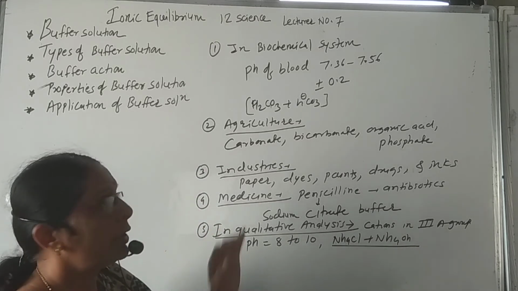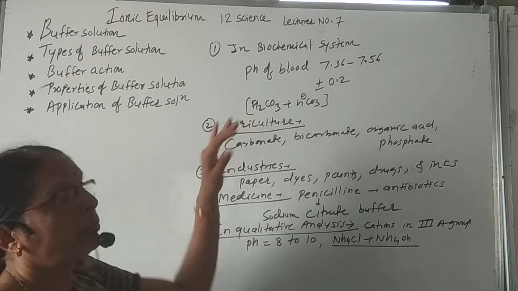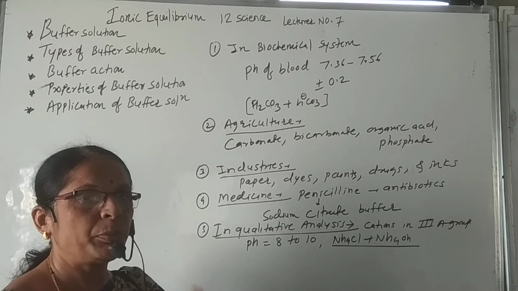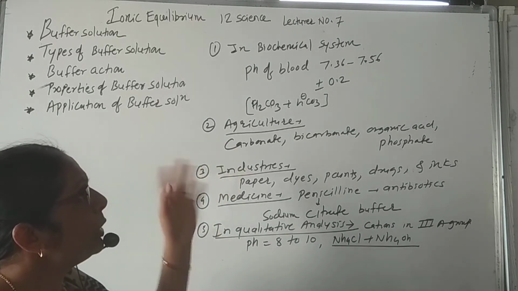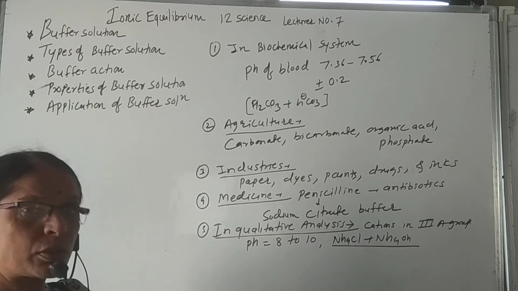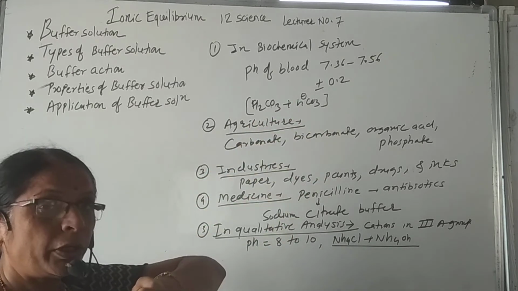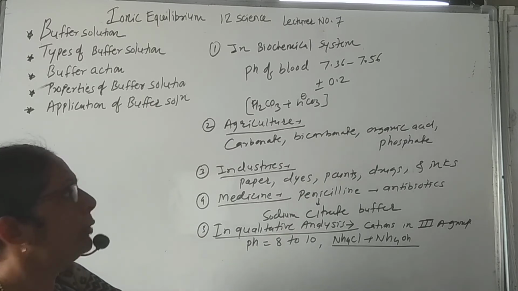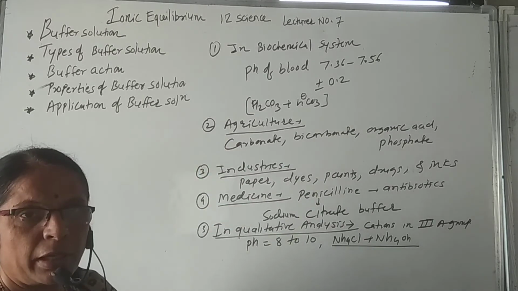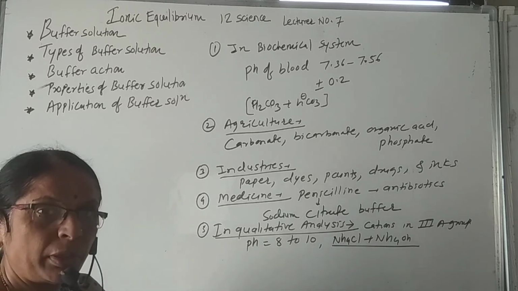So in this way, these are the 5 applications of the buffer. First, in biochemical systems, in order to maintain the pH of the human body, because we know that a saline solution also contains a buffer in order to maintain the pH of the solution, and therefore it is allowed to be used as a saline. Second, in agriculture, soil is a buffer,